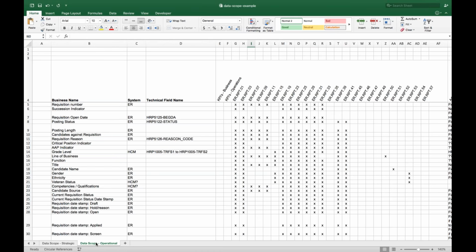So in that case, if you already have tons of reports, then you already have a pretty good idea of what you need to roll up, right? So there's no reason that you can't already roll report number 1 through report number whatever these reports are. And here these X's just identify where there's a cross-section between the business name of a piece of data and the reports that they're in.